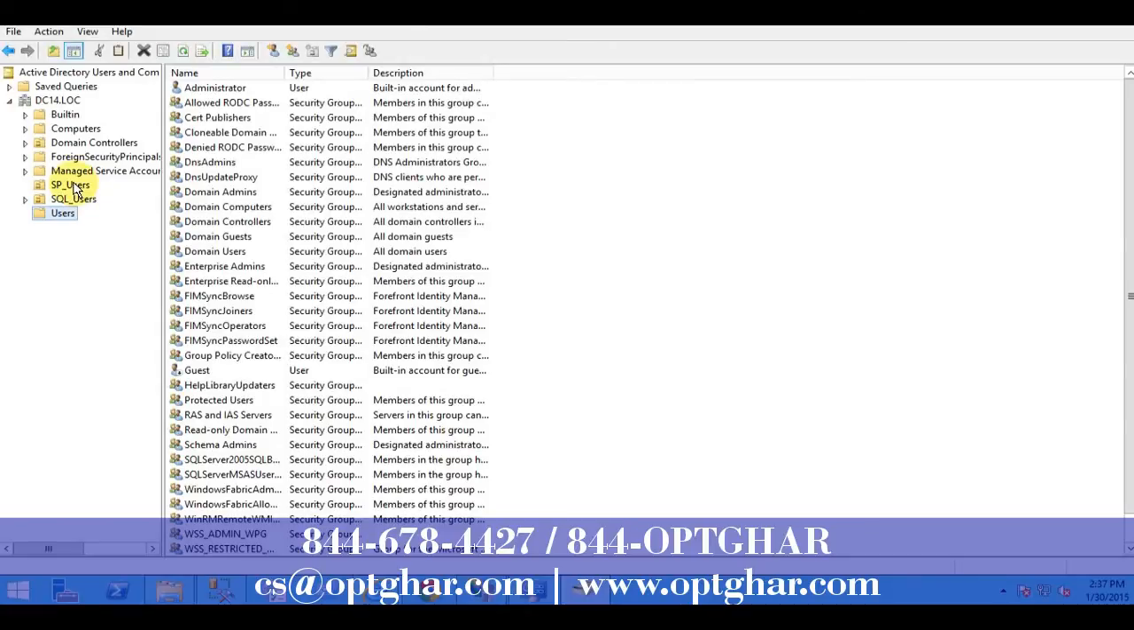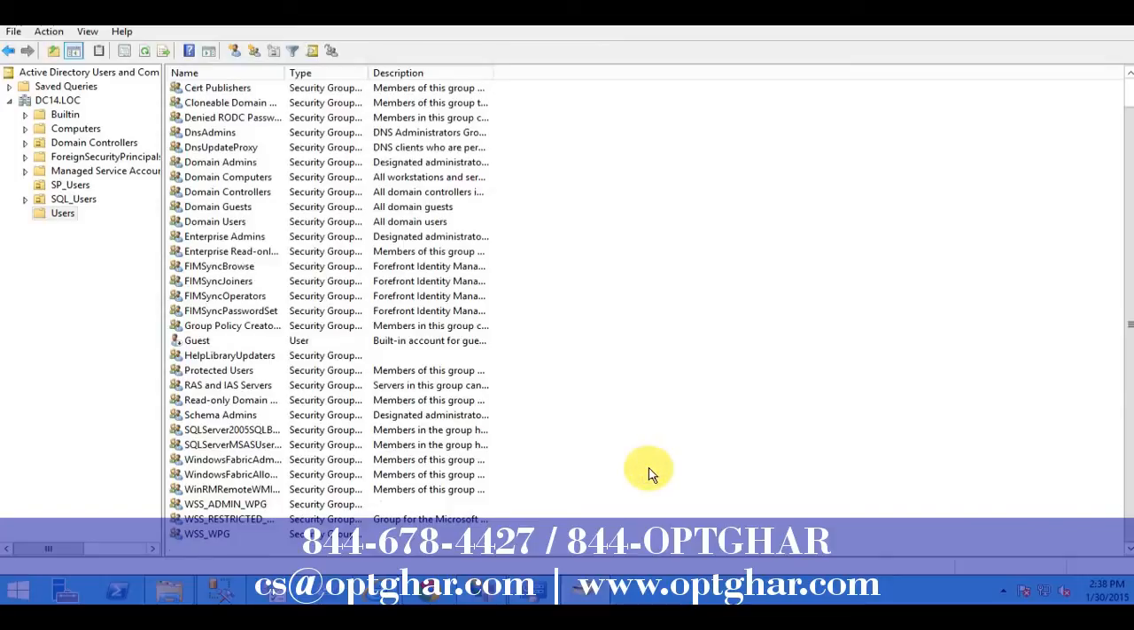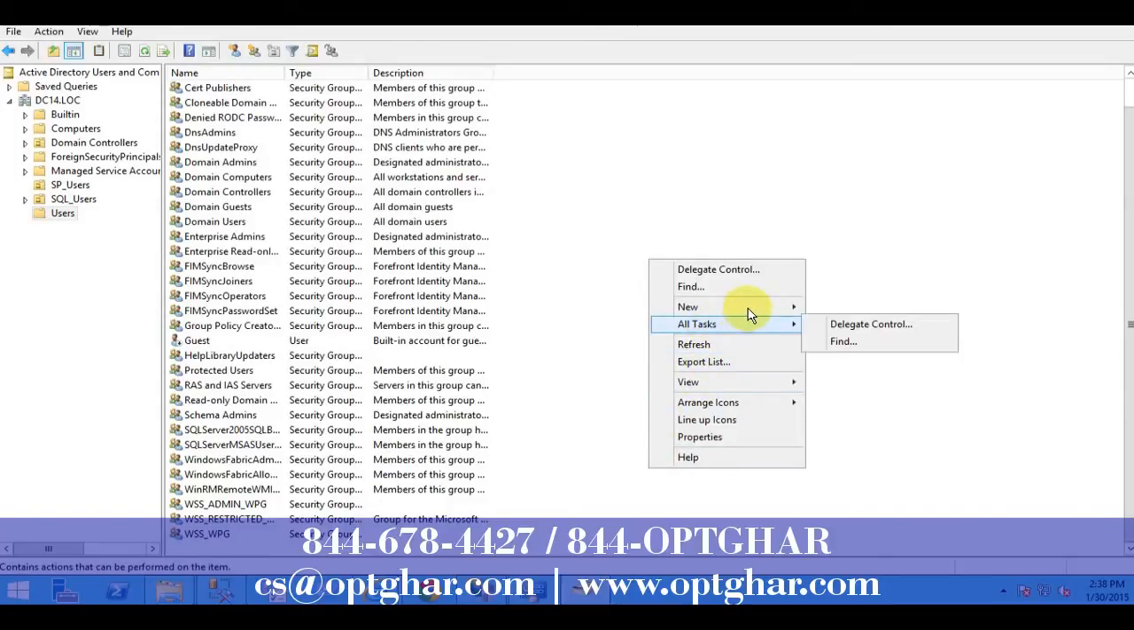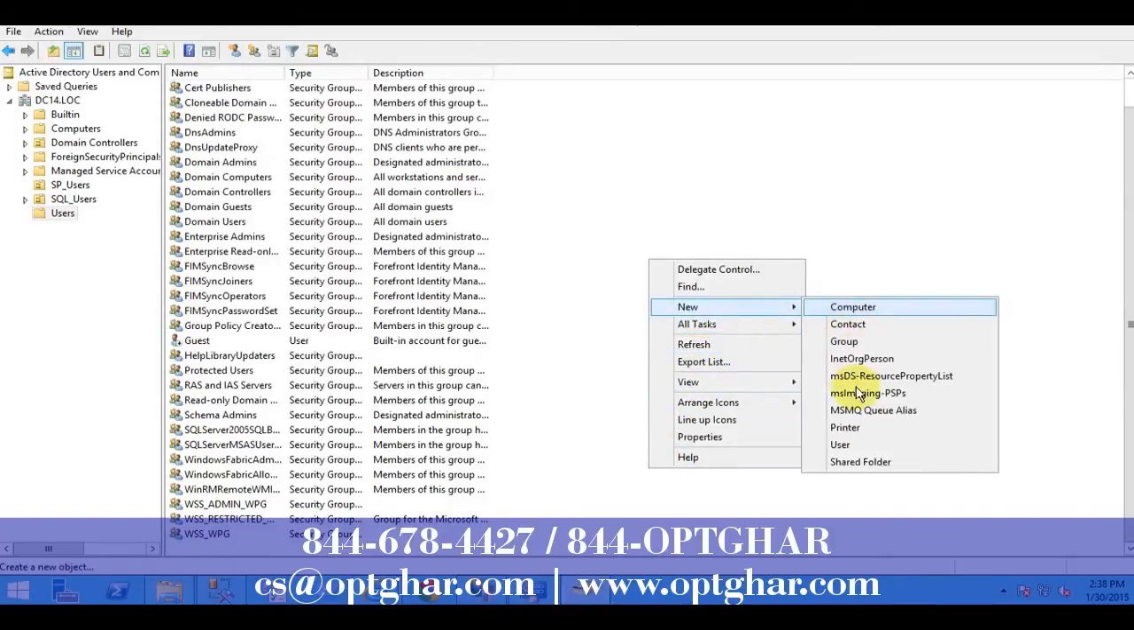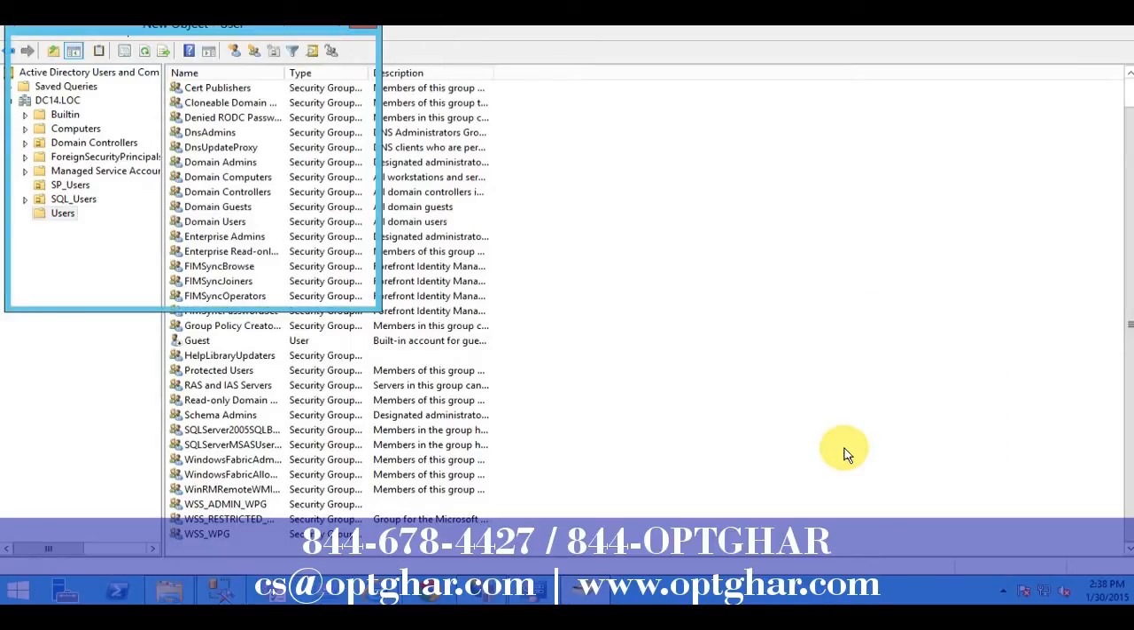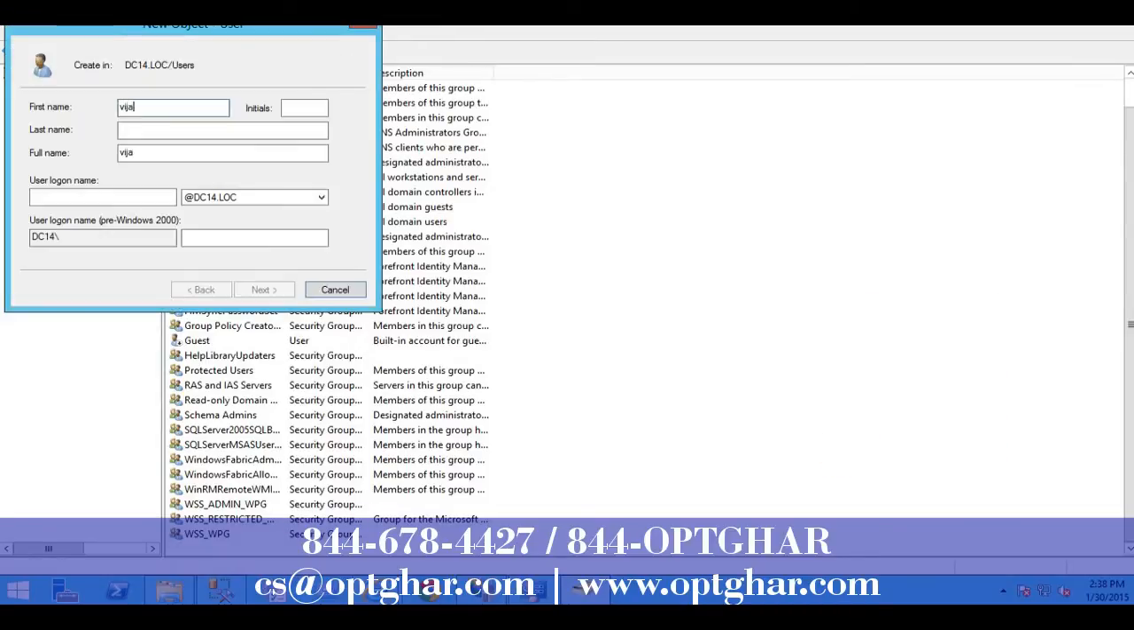SP users are nothing but a special group, a special domain created for the SharePoint administrator. So just ignore this, and we need to check the users here. If you want to create users, you can create them here. The guest user is already here, so if you want to create other users, just right click on this Active Directory and you can create a new user, and I'm giving here Vijay,